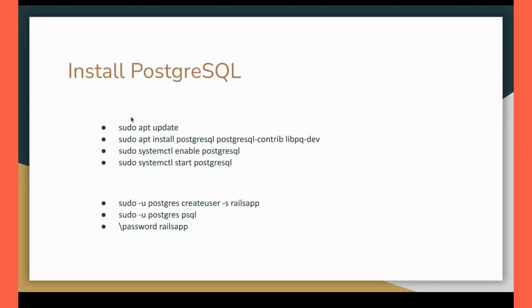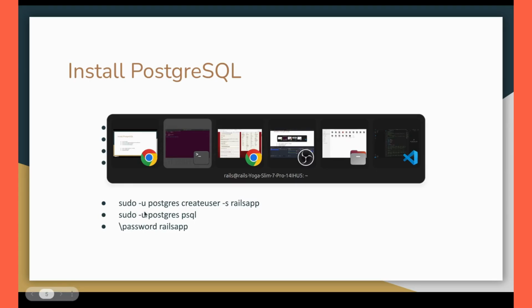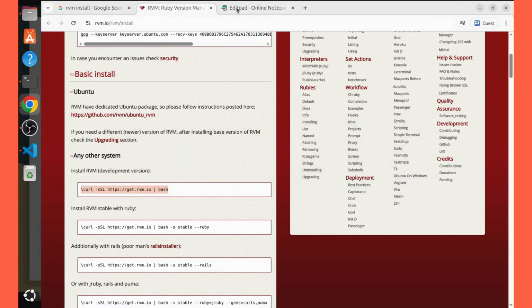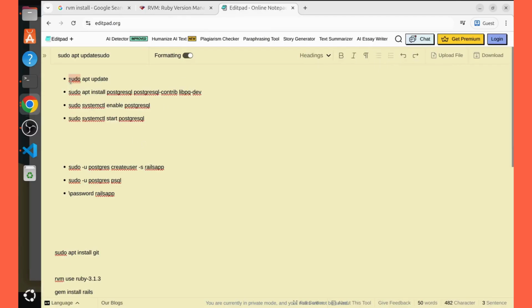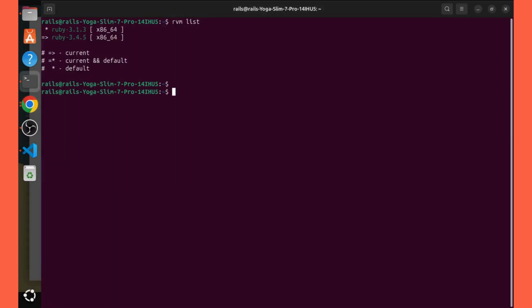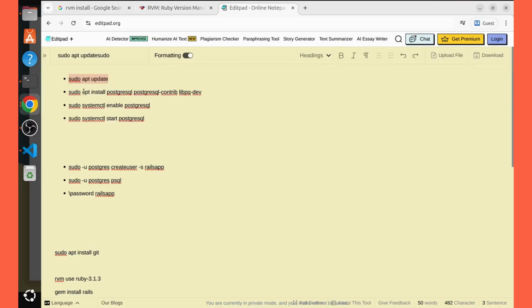Installing Postgres. For installing Postgres, these are the commands you can run in your terminal. Let me show you how you can do that. I already copied all of this. Let me run them one by one. The update I already ran, so it will run quickly. Yeah, enable Postgres,